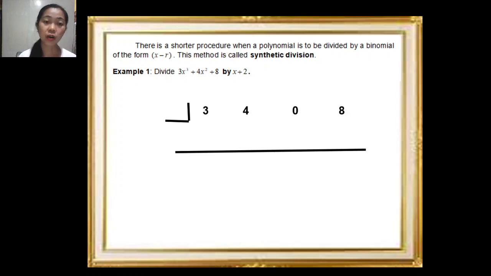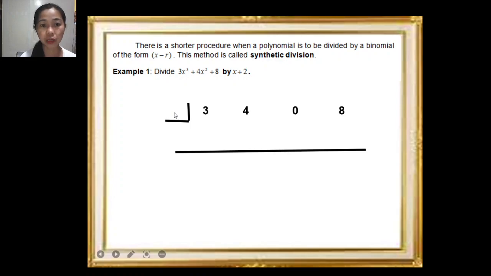ang coefficients ng ating dividend. So, saan nanggaling si 3? In our third degree term. So, the coefficient is 3. And then, followed by 4, dun sa coefficient ng second degree term. So, we have 4. And then, 0, kasi wala tayong first degree term. And then, constant term, 8. After na maisulat natin ng sunod-sunod yung mga coefficients ng ating dividend na dapat ay nanggaling sa standard form, isusulat